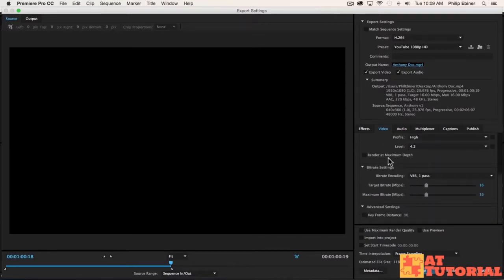If you scroll down in this window, you'll see two settings that I might consider increasing. One is this bitrate encoding. Go from VBR 1 pass to VBR 2 pass. Under here, you want to check use maximum render quality, and up here you render at maximum depth. All of these check marks and checking these boxes and changing this to 2-pass, it doesn't increase the size of